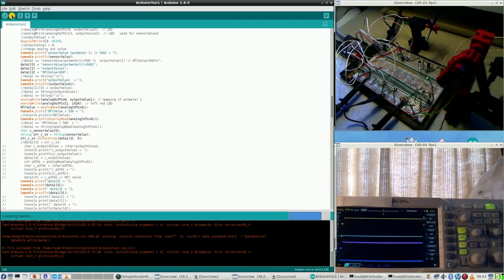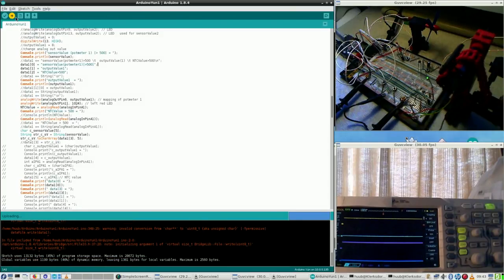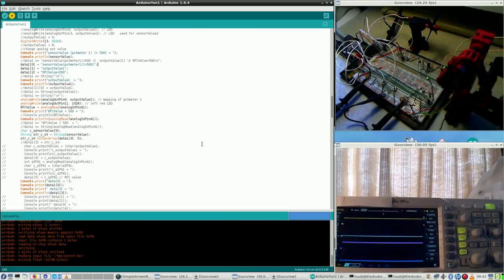Let's upload and see if this works out in console. And more importantly, if it works out in the data file. That will be a massive change.